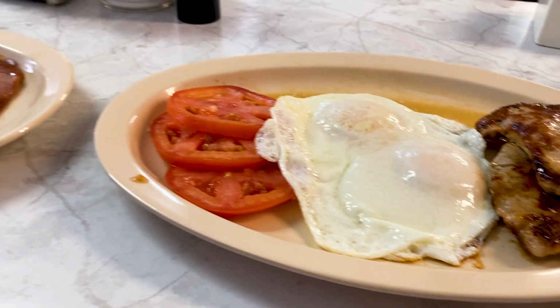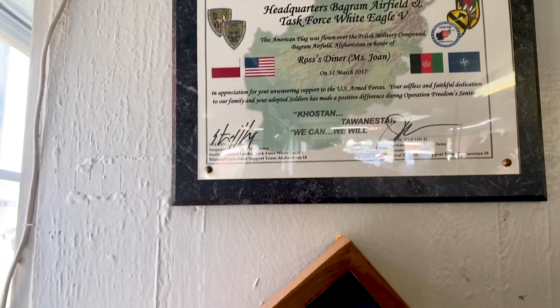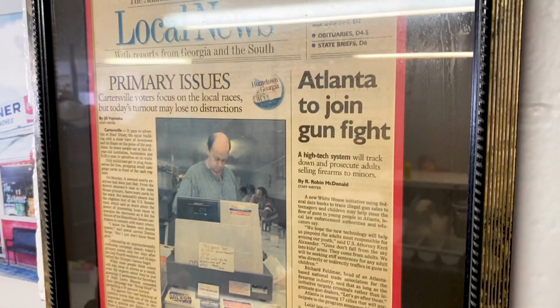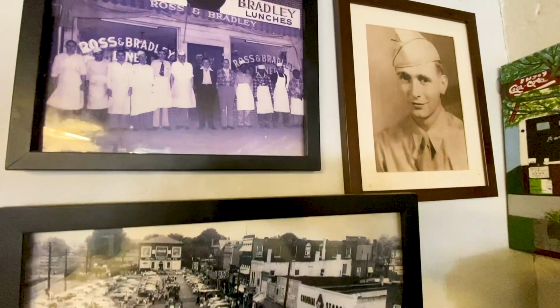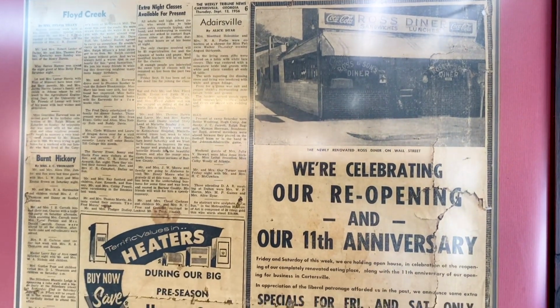Everything was delicious. Thank you, Joan and Mandy, for taking such good care of us. The food was delicious, and we're really happy to be in such an iconic location. Cartersville has a lot of history, and this restaurant is part of that history. Ross's Diner was an amazing stop for us, and we're really excited to go and see the rest of the